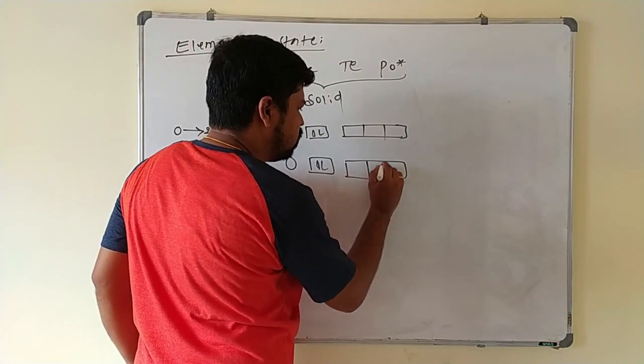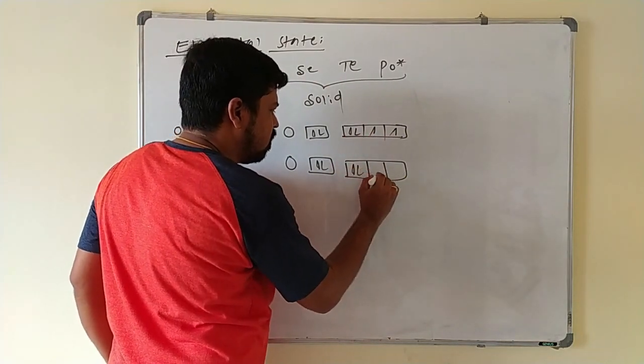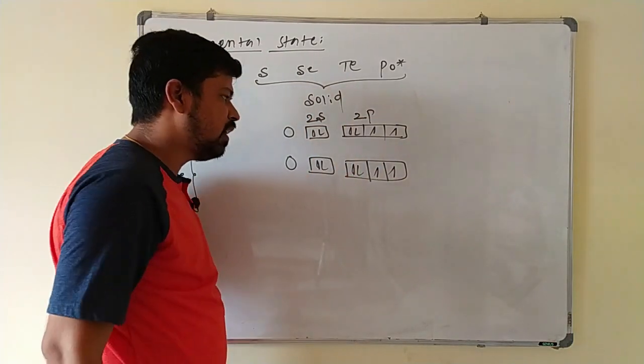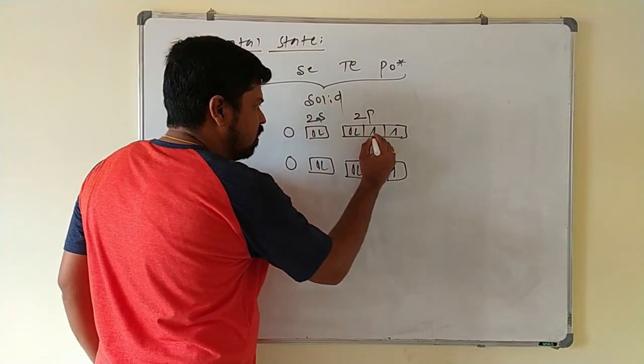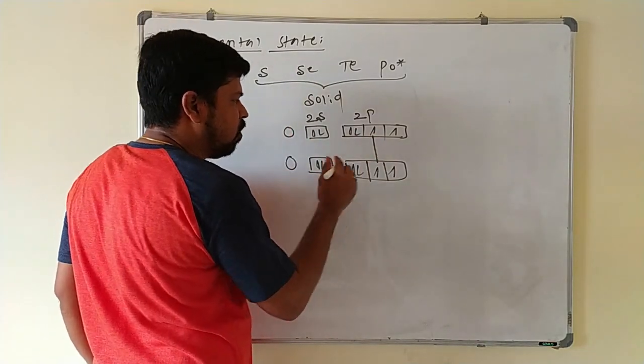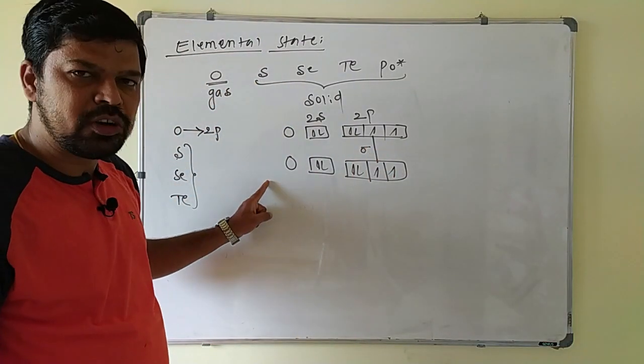These are the 2p electrons of the oxygen. Here 4 electrons are there like this. Okay, so these are 2s and these are what? 2p electrons. Now this 2py and 2py of 2 oxygen atoms, they will undergo axial overlapping to form what? A sigma bond between the 2 oxygen atoms.